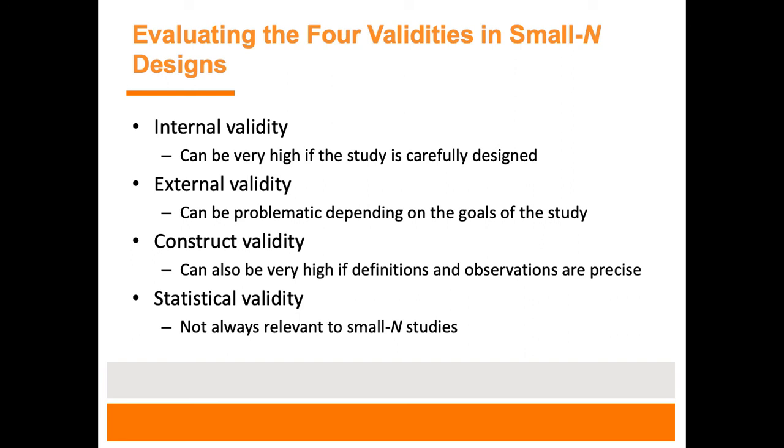And then finally, with small n, statistical validity is probably the most problematic because sample size is relevant to statistics, and in this case we're looking for patterns maybe in those graphs more so than p less than 0.05 or something like that. So we can learn a lot from small n studies and quasi-studies, but we maybe have less control over what's going on, and maybe less proof that this can really generalize to other situations.